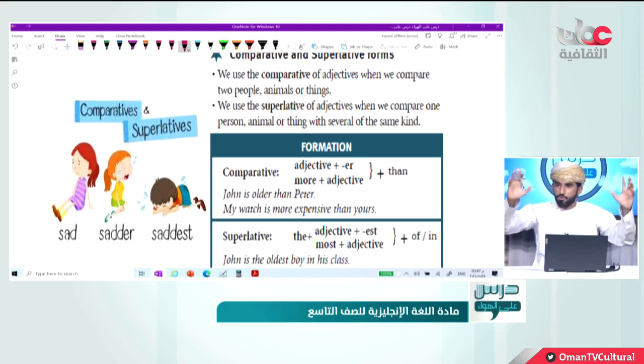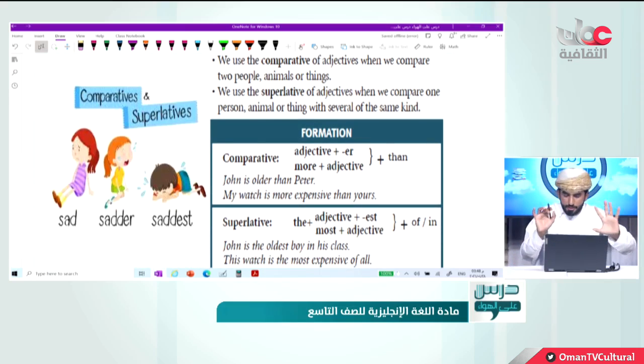Let's say two balls. One ball is small and the other one is big. You can also have a third one, bigger than the second. You can say this ball is the smallest, while the ball in the middle is bigger than this one, but smaller than the biggest, right? And the big ball, you can say it is the biggest ball among these three balls. Okay, very good. So let's really focus on it.